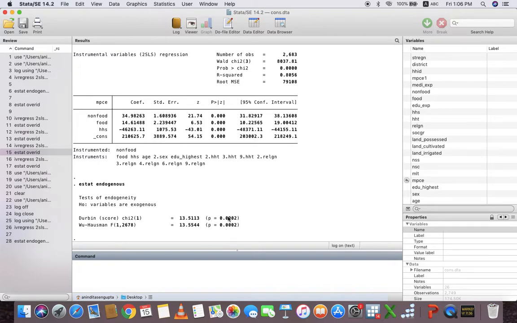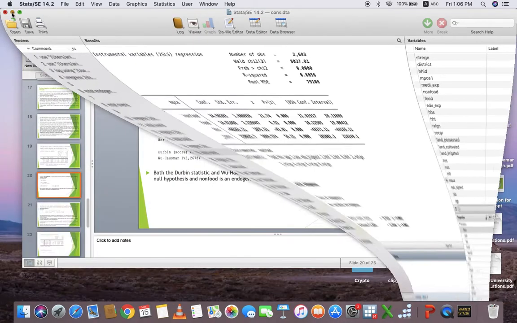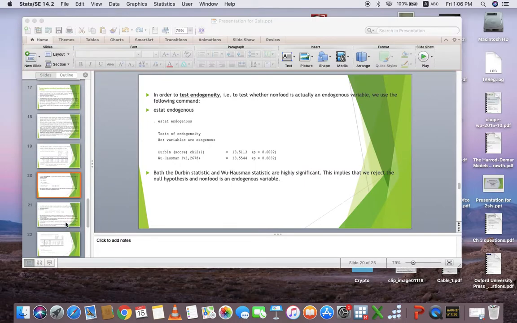Both the Durbin chi-square statistic and the Wu-Hausman F statistic are highly significant.